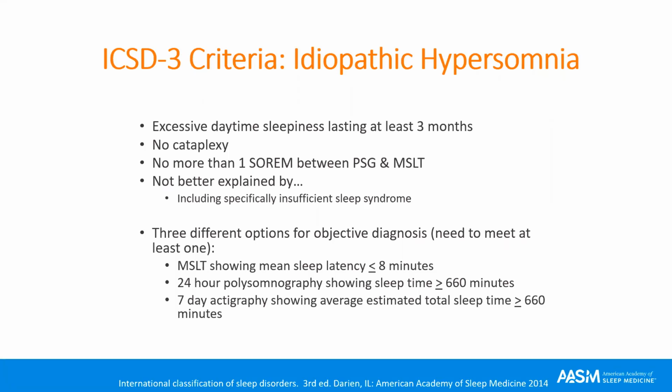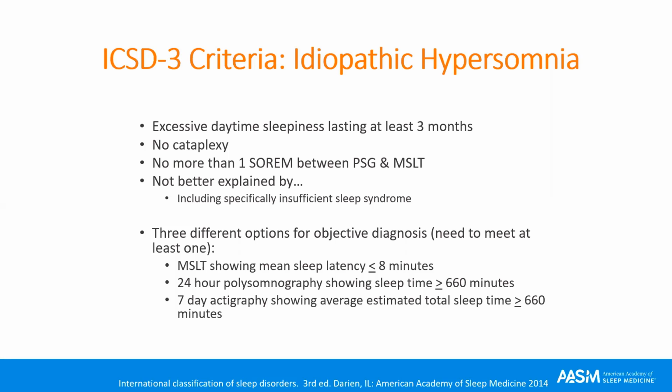Very important here, as always, to rule out insufficient sleep durations, because those can look just like idiopathic hypersomnia. Circadian rhythm problems can also mimic idiopathic hypersomnia. And then you have to have one objective measure for the diagnosis of idiopathic hypersomnia: a mean sleep latency of less than or equal to 8 minutes on the MSLT,